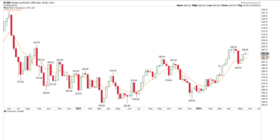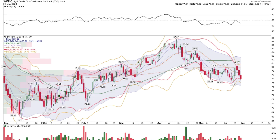with commodities still in a sideways range above its 10 EMA, this CRB index indicates a neutral position with no impact bullish or bearish at the present time on equities into the month of June. That said, crude oil and gasoline products did close near the lows of the recent range, below the 200 and the 50-day moving averages. So if this drops off a bit more into the summer months,